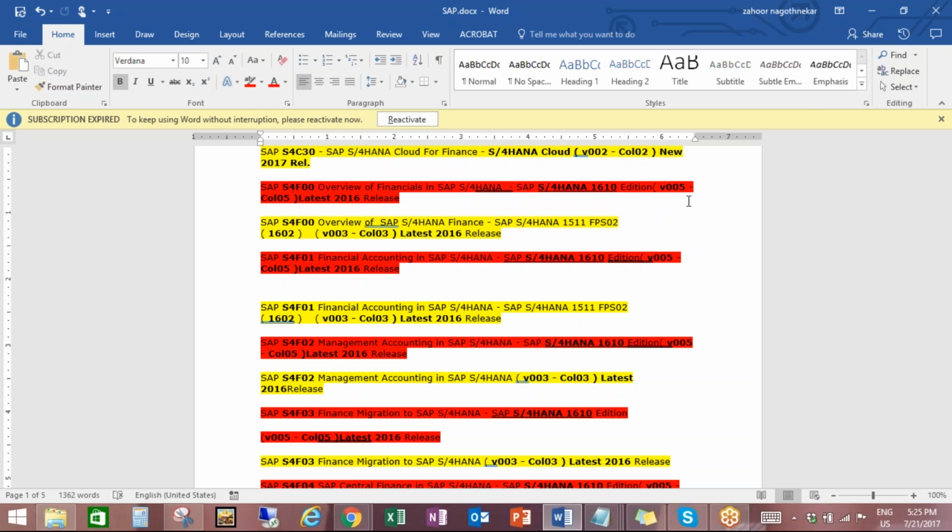These all are documents for financial accounting S4 401, S4 402 management accounting, and S4 F03 finance migration to SAP S4 HANA.